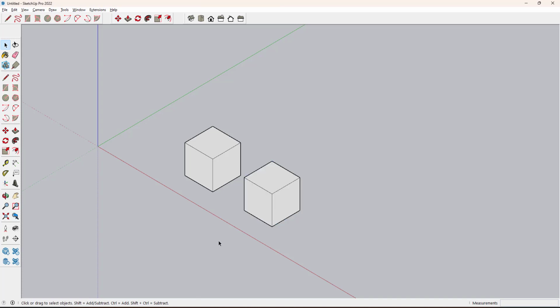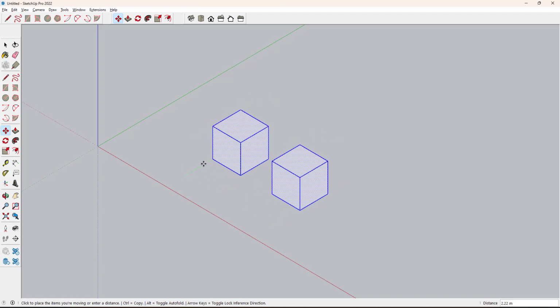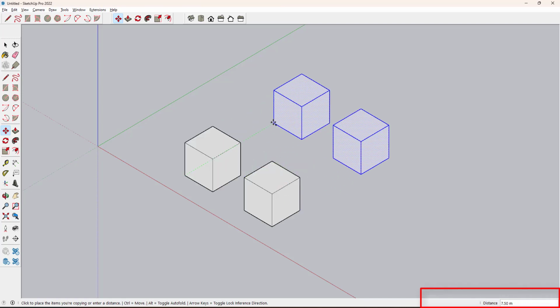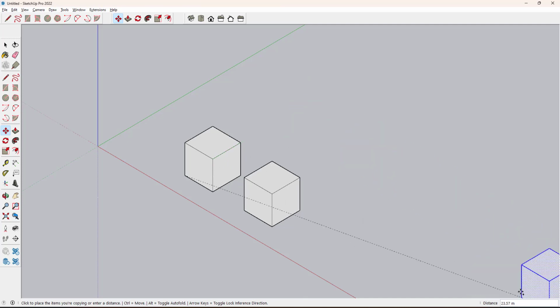Next, if I want to copy these two objects multiple times, I select both squares by dragging like this, and you can even use Ctrl A to select all. Next M and pick the first point. Before moving, I press control. Once you get a copy, you just leave it and then move it in a particular direction. Now we have to give the distance.